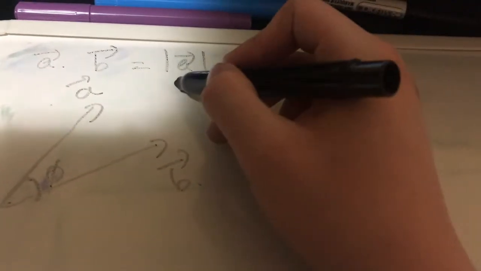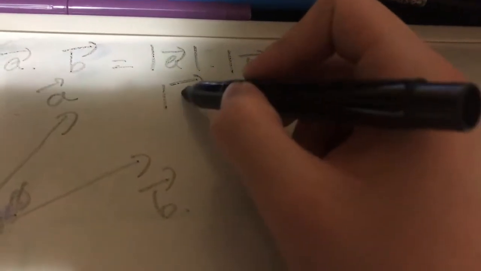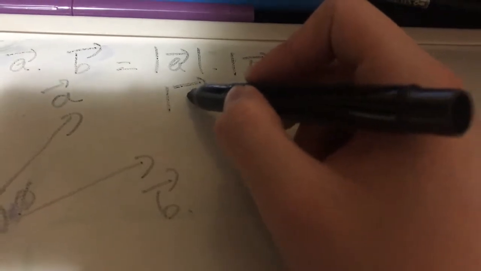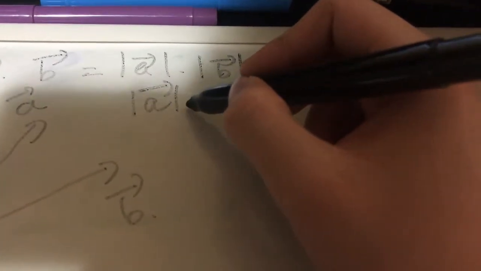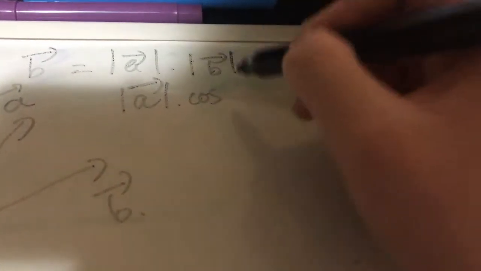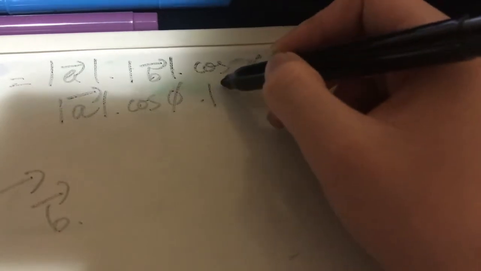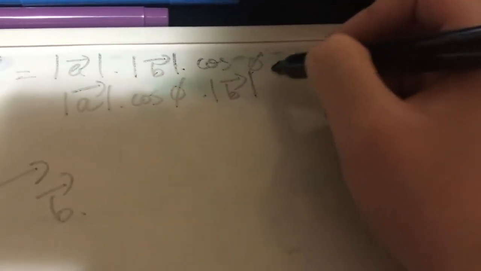In here it can also be written down as the magnitude of vector A times the cosine of delta times the magnitude of vector B. Okay,